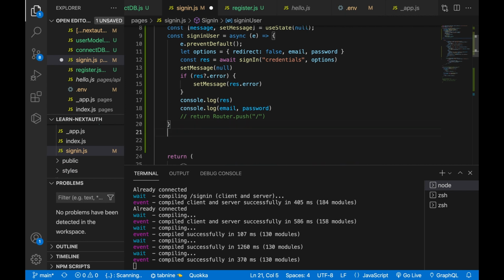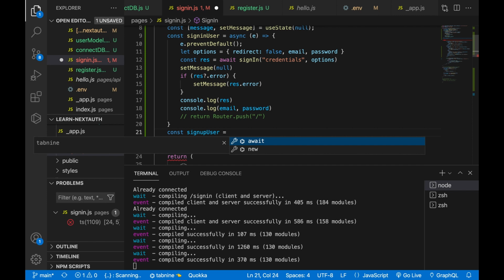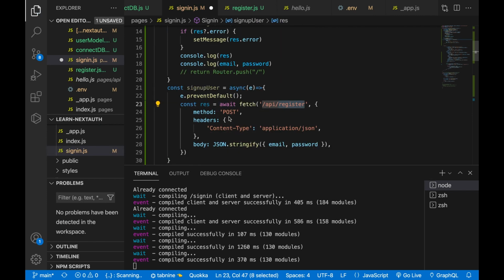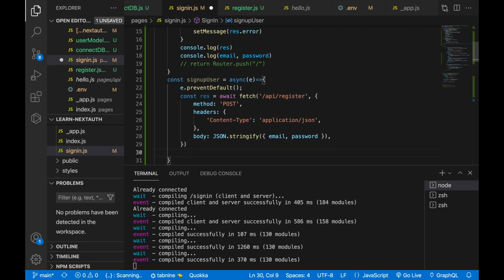So we use constant signUpUser is equal to async, and then we use event.preventDefault. Then we use the fetch function to create a post, and then we post the email and password to the API that we just created. And then after that, we are going to wait for the response. So we use the data is equal to await response.json, and then we